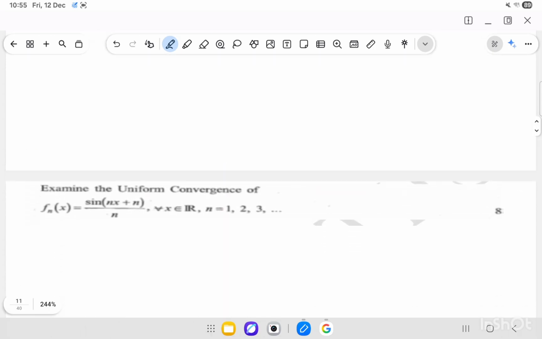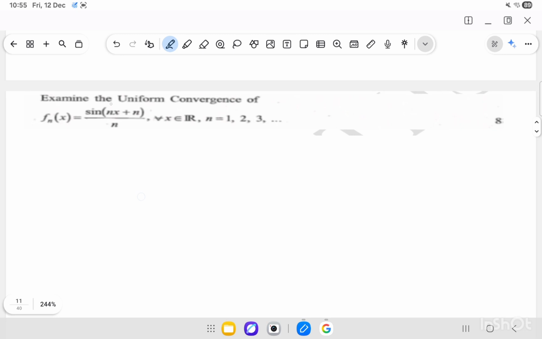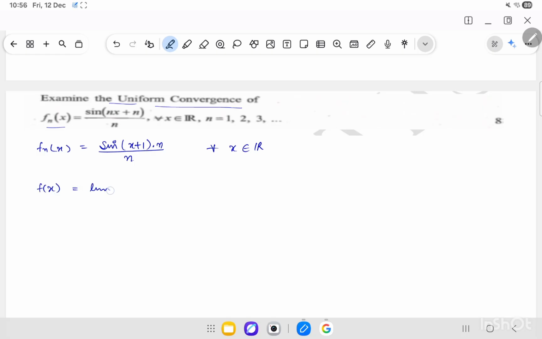So the next question is, examine the uniform convergence of f_n(x) equals sin((x+1)n)/n, and we are supposed to check its uniform convergence on the whole real line. So first let's evaluate the pointwise limit, that is f(x), which is basically the limit as n approaches infinity of f_n(x), which will be